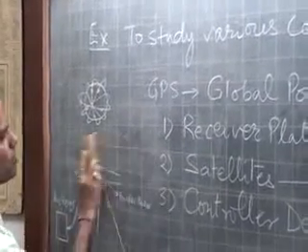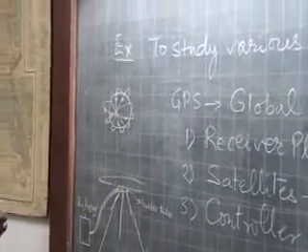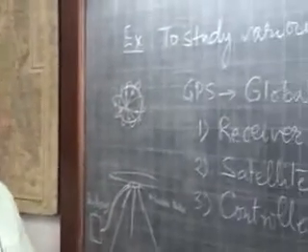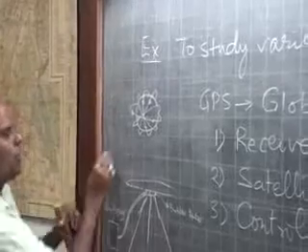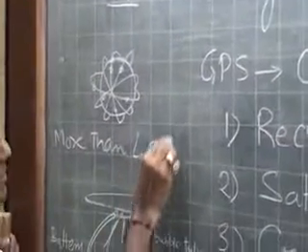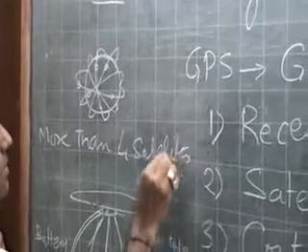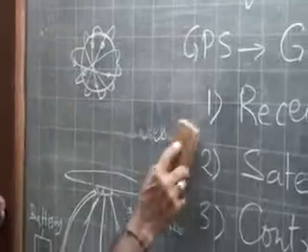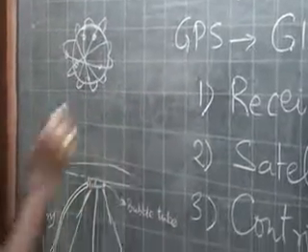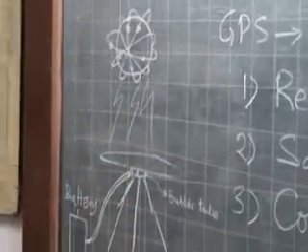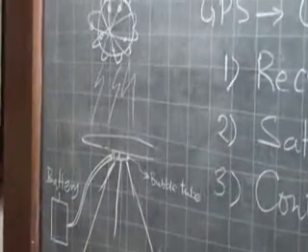At a time you may not see 24 satellites, but you may see 4, you may see 8, you may see 1 or 2, something like that. So when you are taking observations, you have to ensure that more than 4 satellites are seen at a given location to take the observation. These signals you keep on receiving from the satellites, and the receiver will then send them to the controller device.